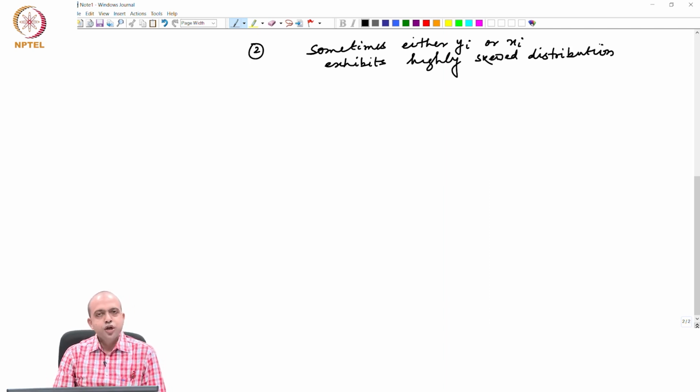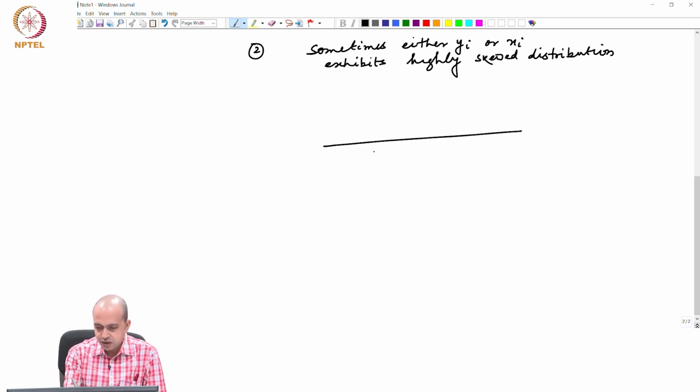For example, let us say that you are estimating a consumption function, where consumption is a function of several variables. If you plot the histogram of that consumption data, this is, let us say, a histogram of consumption or expenditure data, weekly or monthly expenditure. So, what you will see is that